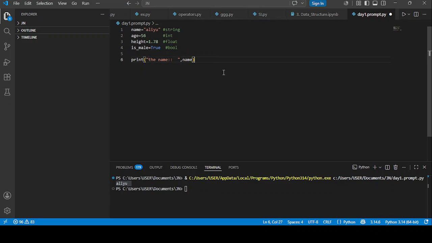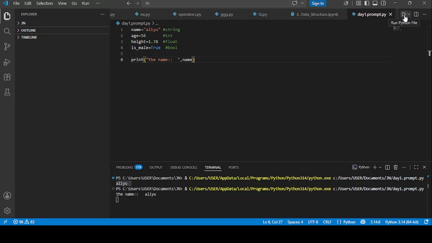Alright, so you see now, by the time I run it again now, it will give this output, it will give it a reasonable description. Instead of just showing ordinary Aliyu, we are going to know what Aliyu is actually standing for. So you can now see my output is now more readable, and it's more understandable now. Now you can see the name is what? The name is now Aliyu. So I can choose to print,